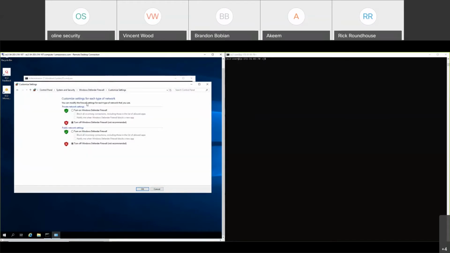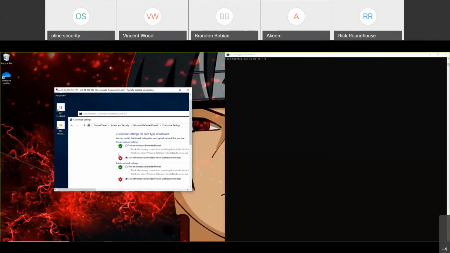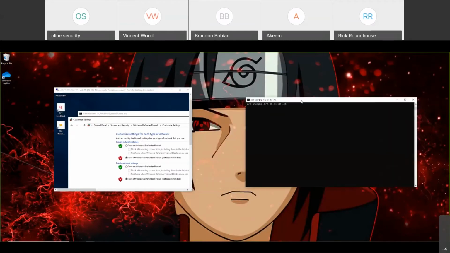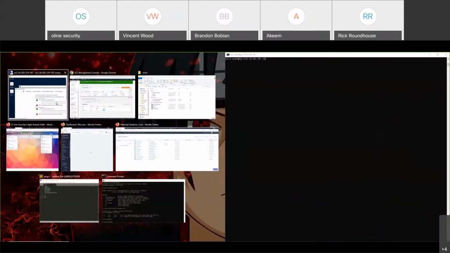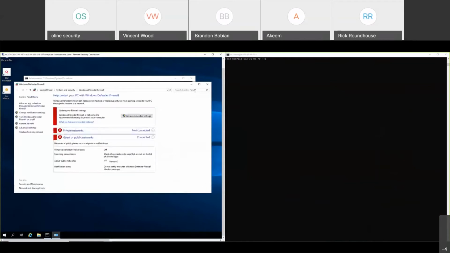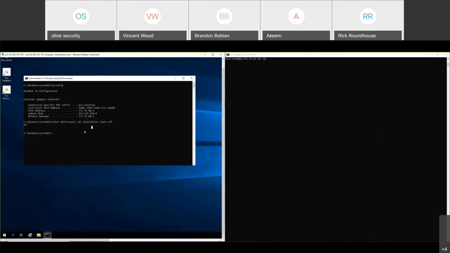Like this right here that I'm moving around, this is a graphical interface. This looks nice. I can see everything I'm doing. I can go into your firewall and click, click, click. As a pen tester, this is all I get. I can't go in here and click, click, click. So if I don't know how to turn off your firewall from the terminal, I'm out of luck. I should just give up and quit my job because I don't know what I'm doing. So that's why it's good to know your command line commands.